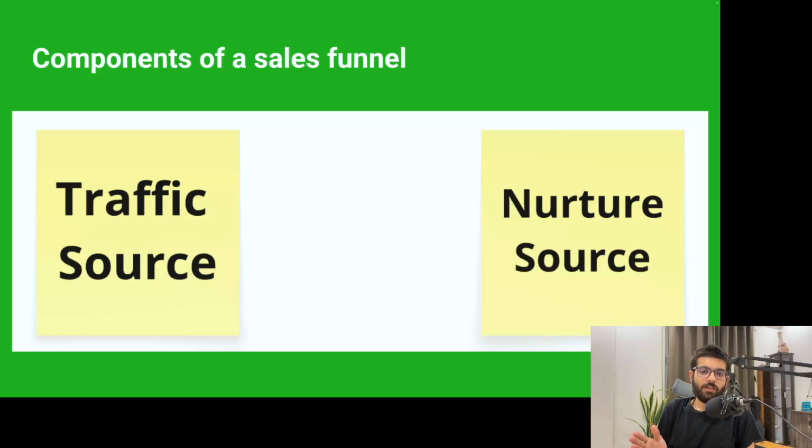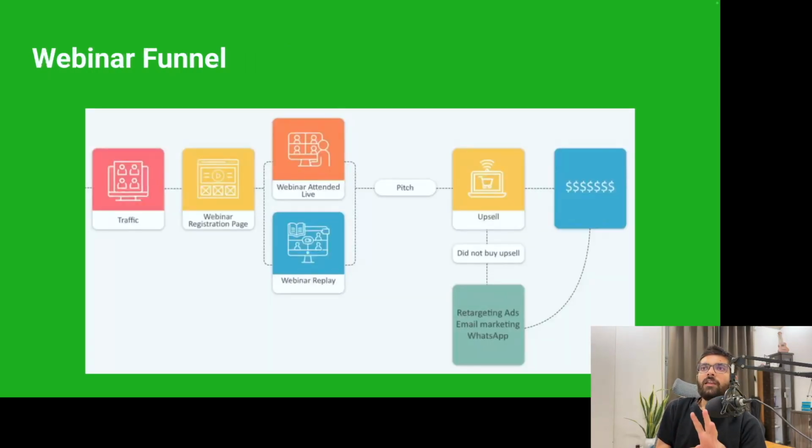Cool. What are the core components of sales funnels? Essentially, there are two things. One is your traffic source and one is your nurture source, right? Where you bring the traffic from and where you nurture the source. So traffic sources can be your Facebook ads, Instagram ads on Instagram. Now there is threads also. You have ads on Twitter, Google, etc. These are your traffic sources. Nurture sources can be email nurture, can be WhatsApp nurture, or something like that, right? So these are the two key sales funnel components over here. Let's take a look at